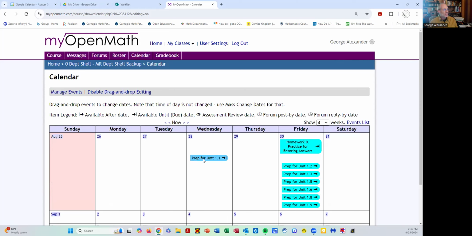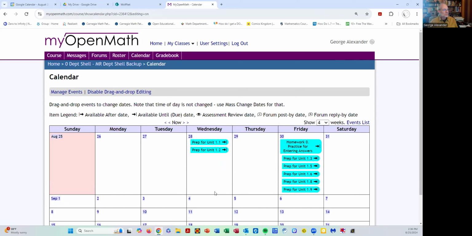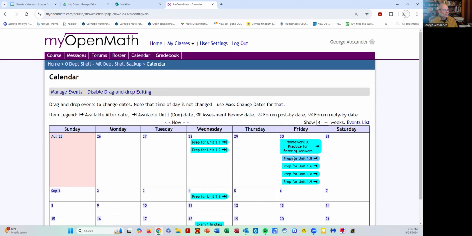Whether you have a Wednesday or a Thursday class, you can set those due dates by just dragging the item into place there. For the face-to-face classes, I recommend that you get to unit 1.1, 1.2 through the first week. Give students a little time to pick up those preparations, but you can make them due on the second class day, for example. And then the following week, Monday would be the holidays, so I guess 1.3 and 1.5 can go